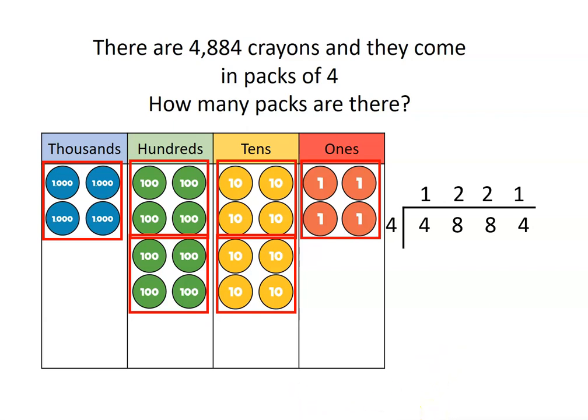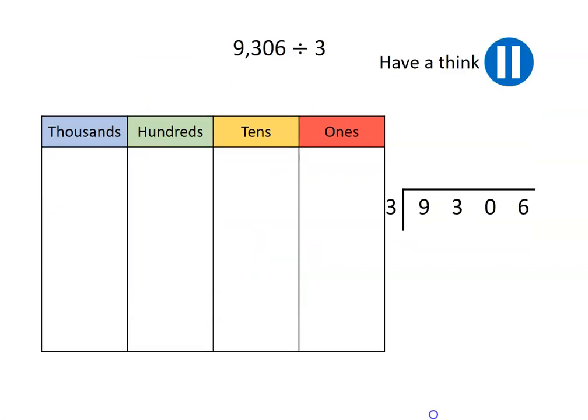1,222. Not even reading my own calculation there, am I? 1,221. So we'd have 1,221 packs. So using that method there, I've given you a new calculation here, 9,306 divided by 3. You might notice this is quite a nice one to have a go at, because if you notice your factors